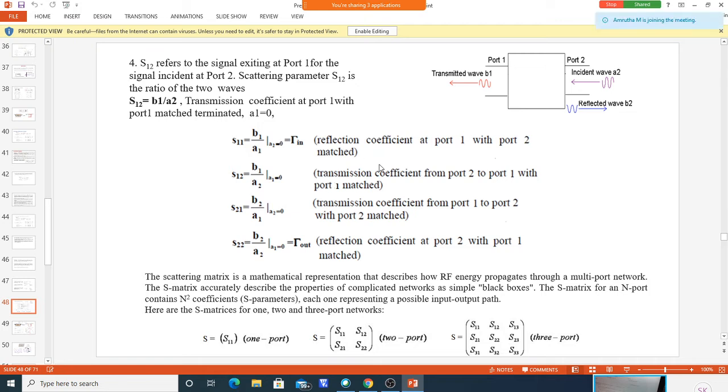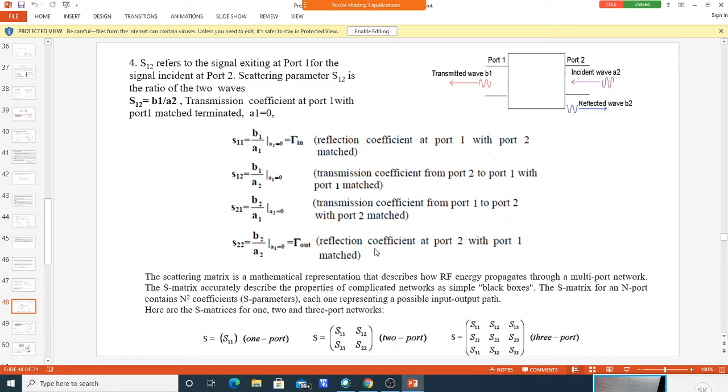So this is again a definition I have written here. Most of the time we use this notation. S11 is S in, we already studied this: reflection coefficient at the input port. And this is a transmission, where port 1 is the input and port 2 is the output, or port 2 is the input. Similarly, this is port 2 output, port 1 input. This is also transmission from 1 to 2. S22 is the reflection coefficient at the output. So this is about the definition of S parameters at RF and microwave frequency.